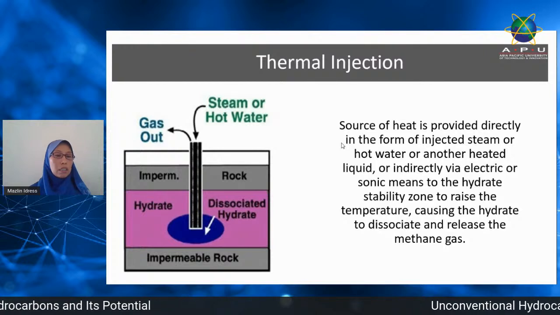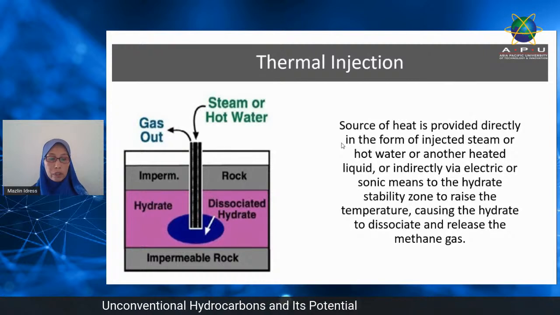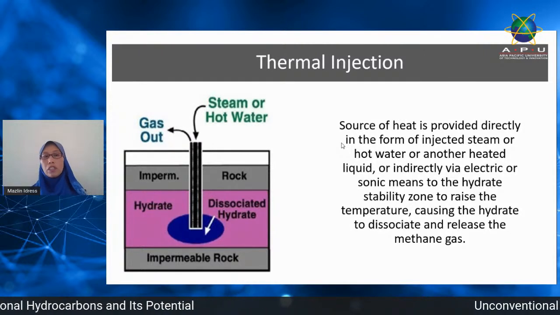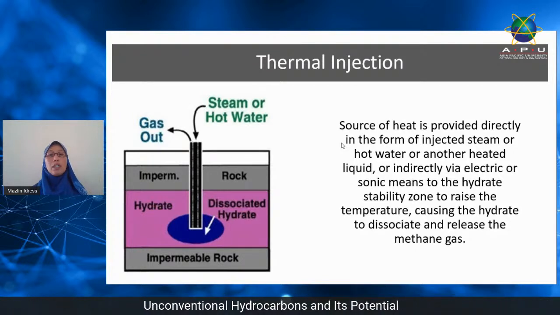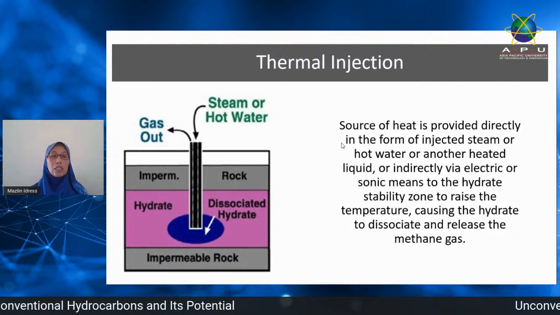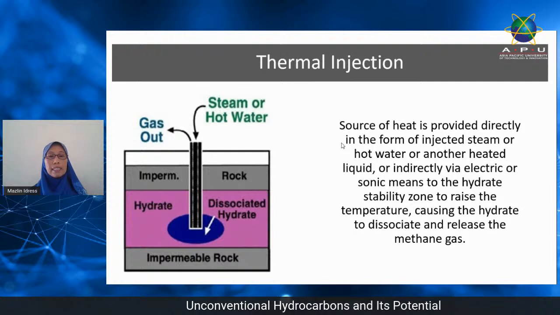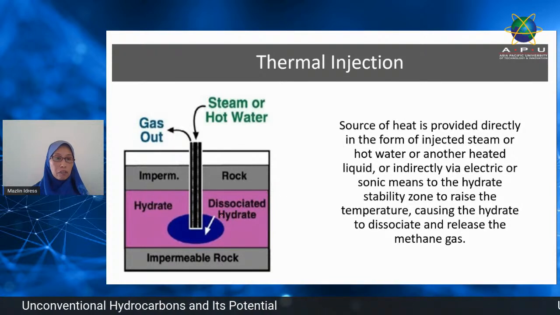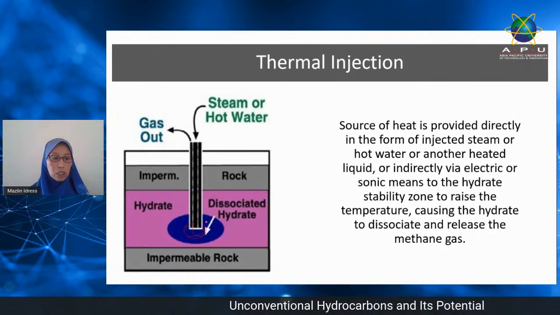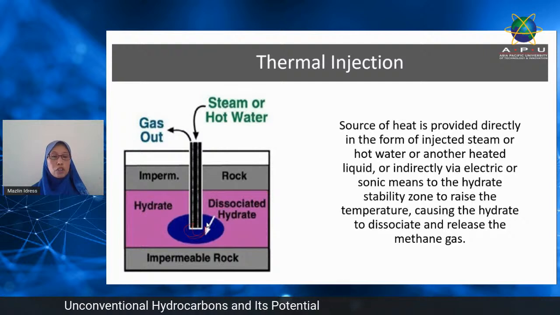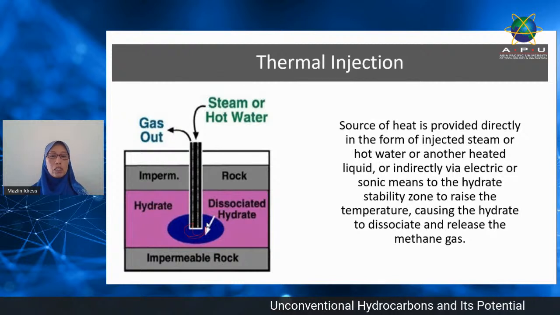Promoting the gas hydrate dissociation by increasing the temperature of the reservoir, we can actually do that by two methods. The first one is thermal methods, which includes thermal stimulation and also thermal flooding. For the thermal stimulation method, it is basically aiming at increasing the temperature in the vicinity of the well. It is done by injecting hot water using hot water circulation, or we use